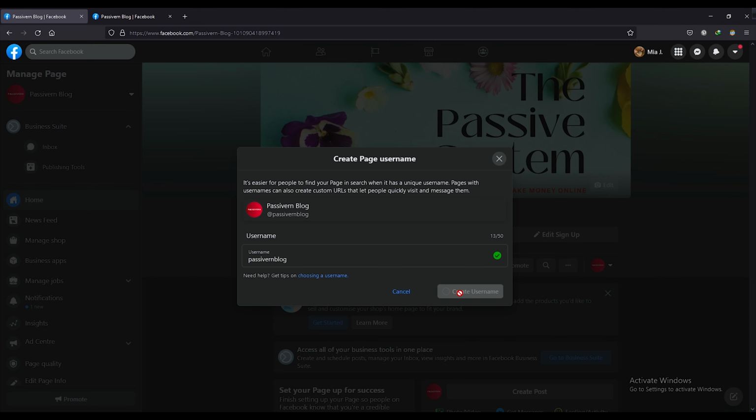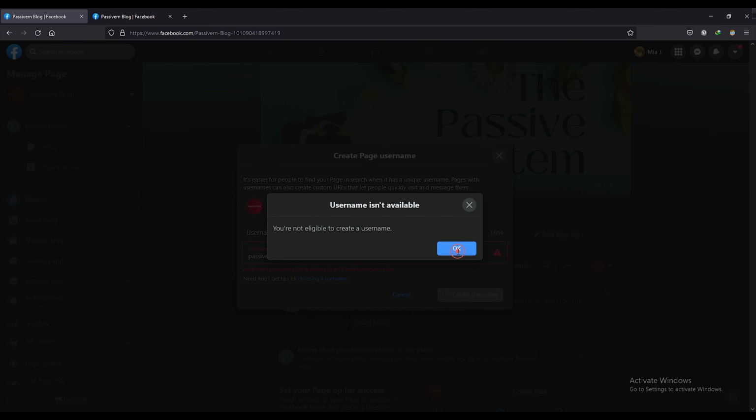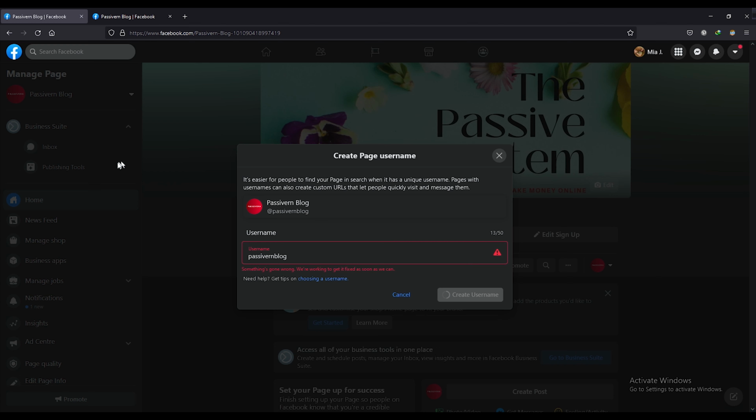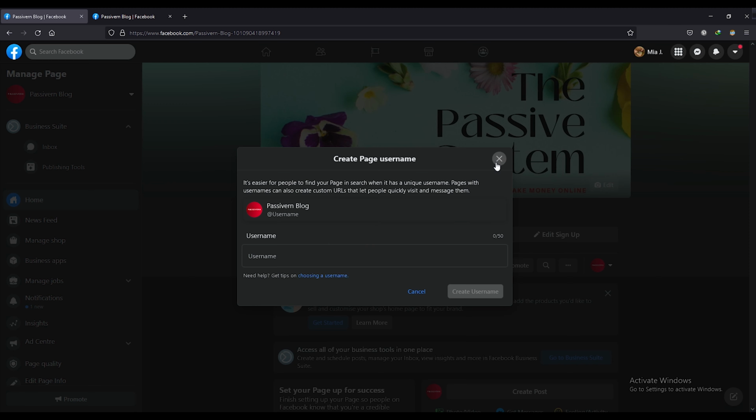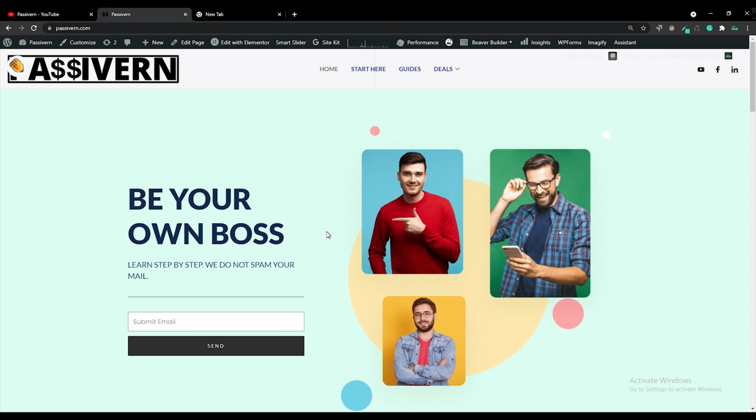Click on create username and then it will be created if this page has at least 25 likes. As my page is totally new and doesn't have any likes right now, I'm not able to set up a username right now, but after getting 25 likes on your Facebook page, just click here and set a username for your Facebook page. So this is the tutorial, guys, on how to set up a brand new Facebook page for your business.